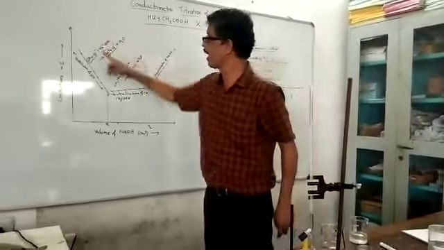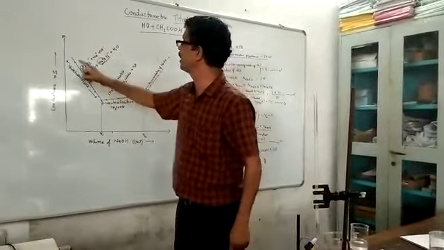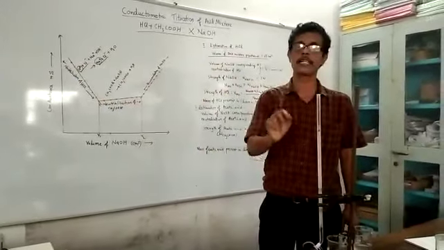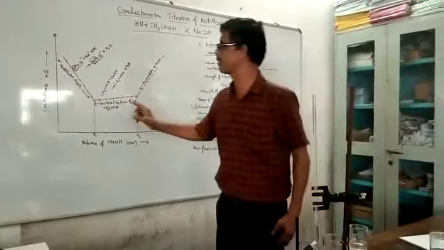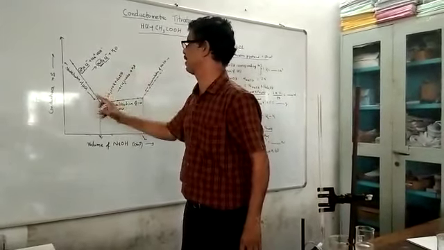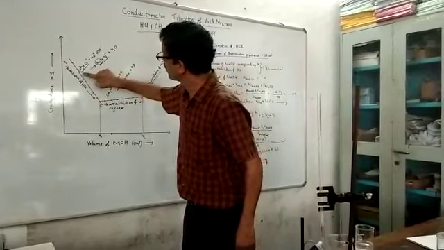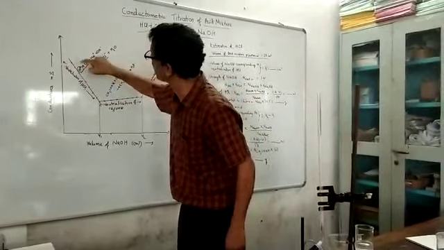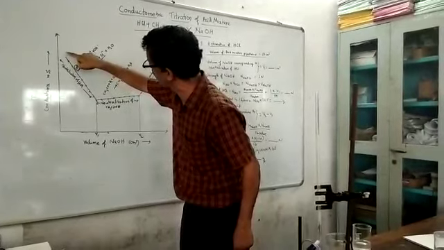Now see how you get the graph. First you get a straight line decreasing graph. So first, the mixture contains HCl and acetic acid. First, HCl, being a strong acid, gets neutralized with NaOH. So the solution contains HCl, and HCl contains H plus ions of high conductivity. That's why the conductivity is high.